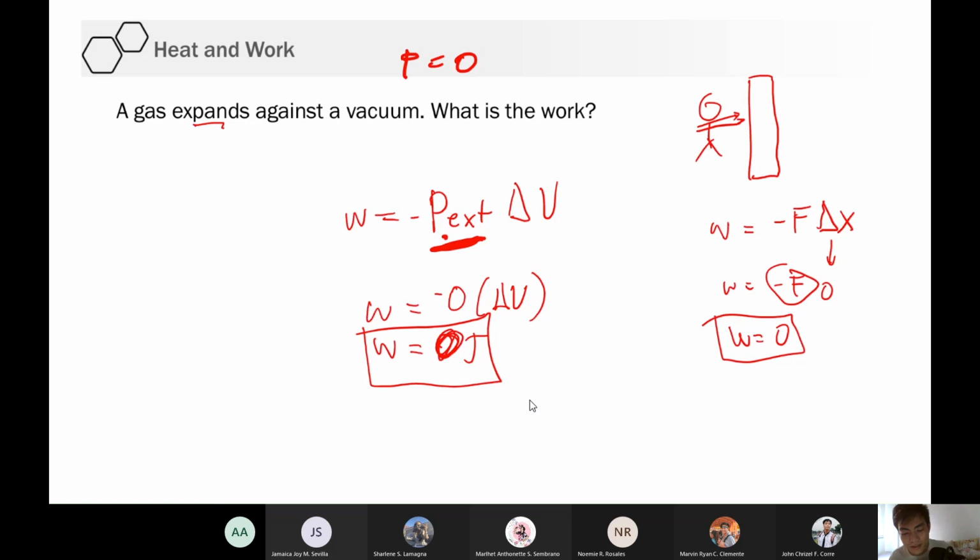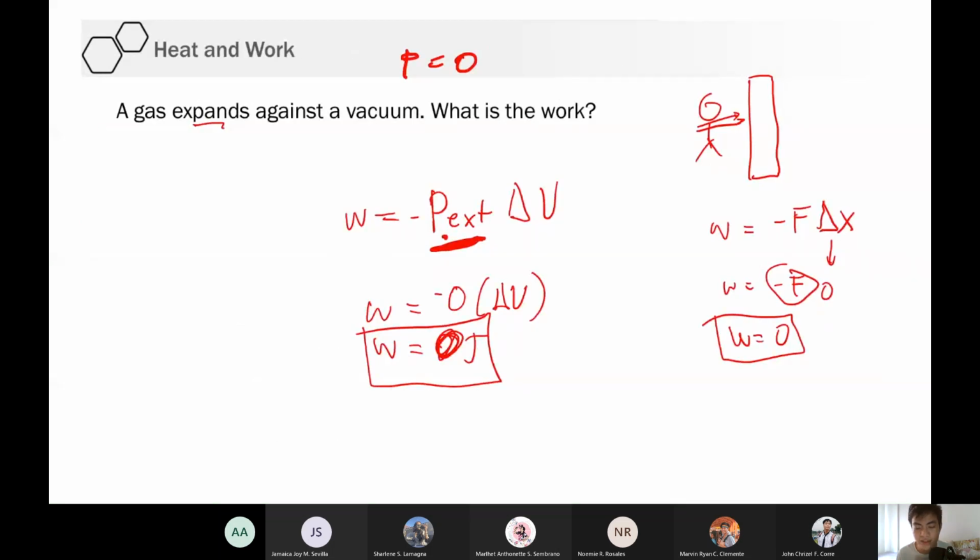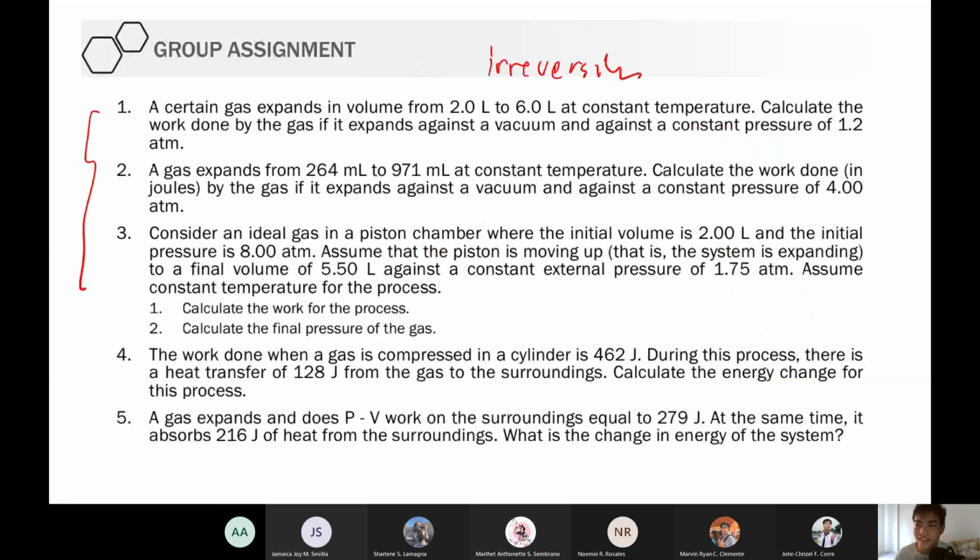Okay? So, as for your assignment, itong tatlo, puro irreversible to. Ganyan ba spelling ng irreversible? Yeah. Okay, so puro irreversible yan. So 1 to 3. Hindi pa ako nakakahanap ng reversible, pero I will give some more exercises pa. Ayan, ang dami nyo ng group assignment. Group assignment naman yun. So magtulungan kayo, no? Hindi yung isa lang gagawa. No? Pag isa lang gumawa, awayin natin. Sabihin nyo sa akin. Tapos itong 4 and 5, madali lang yan. That's delta U equation.